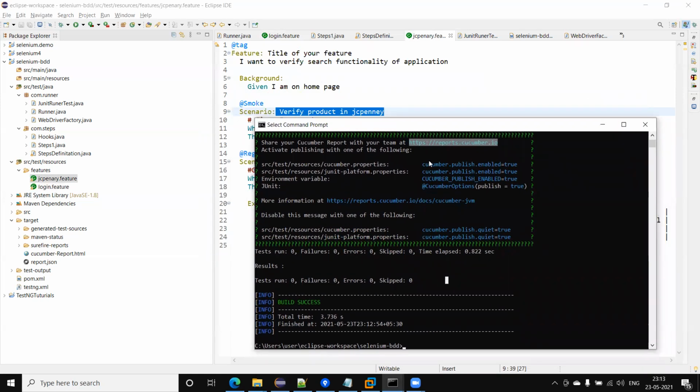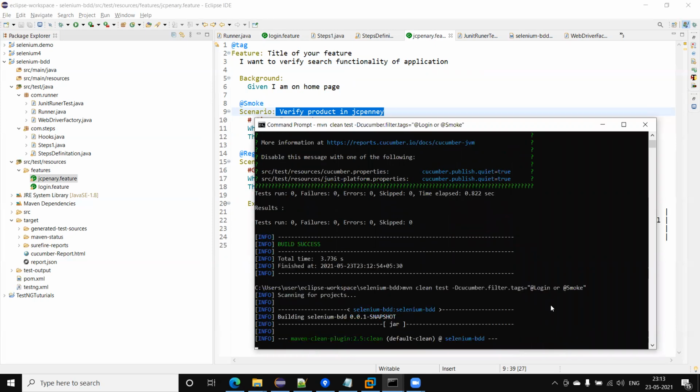Now next, we can also pass the or option. When I pass the or option, it means this will execute all the scenarios where either login or smoke or both tags are mentioned. Now let me run that.